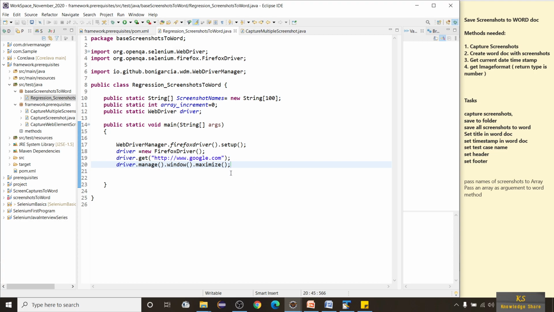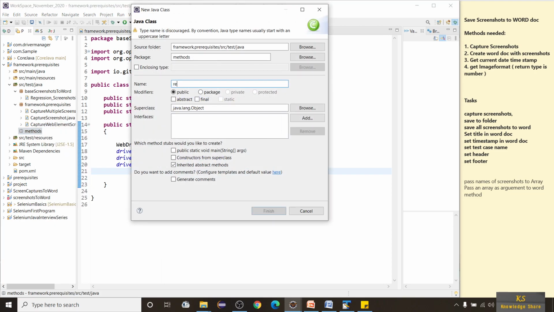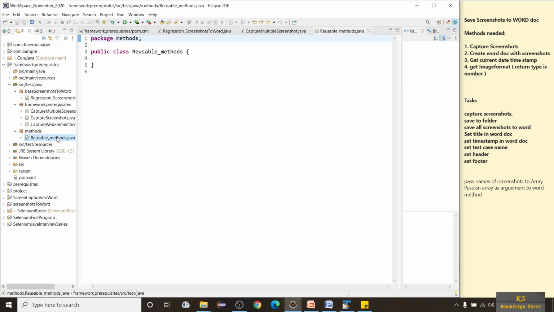Okay, so let's write a method for capturing screenshot, right? We will not be using this class. We will be writing our methods in this class, in these methods. Okay, so let me create a new class here and I'll call it reusable methods. Okay, and let me finish.